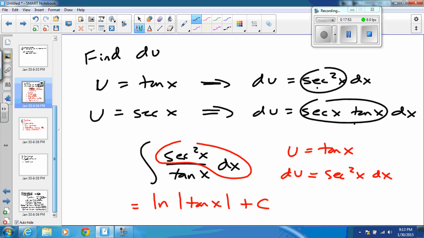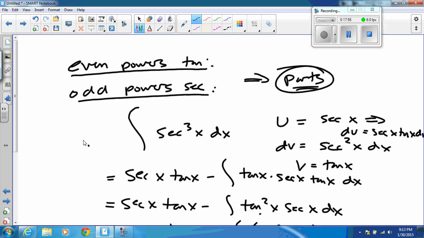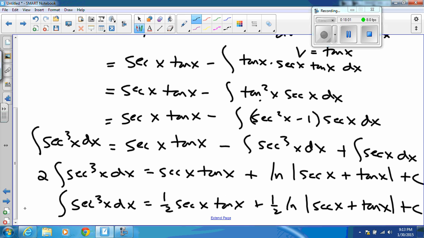For the secants and tangents, we're going to try to find a du in the form of secant squared or secant x tangent x. If we can do that, great. If we cannot, because the power of secant is odd, the power of tangent is even,